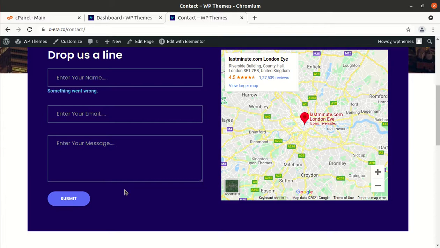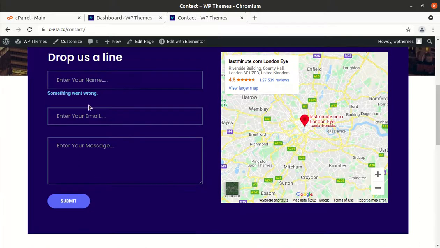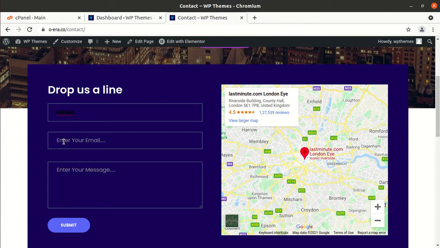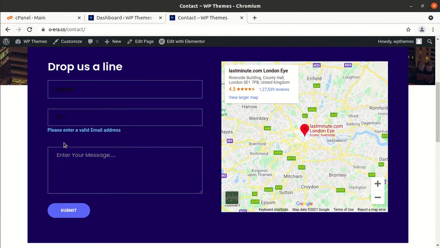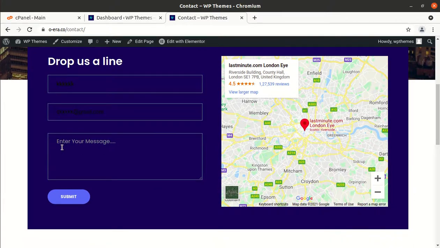So let us come to the first part, and this is a form where there is no captcha code in it, and visitors can simply type their name, email address and use this form for contacting the website owners, and it can be submitted without any captcha code. So first of all we are going to install a captcha code for enhancing the security of Contact Form 7. Let us start.